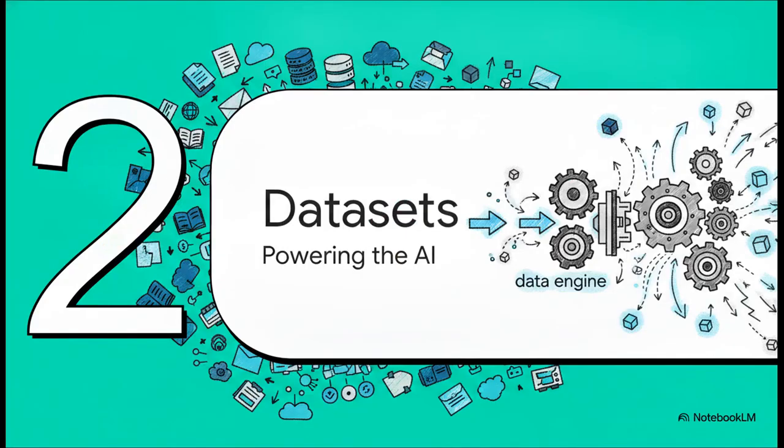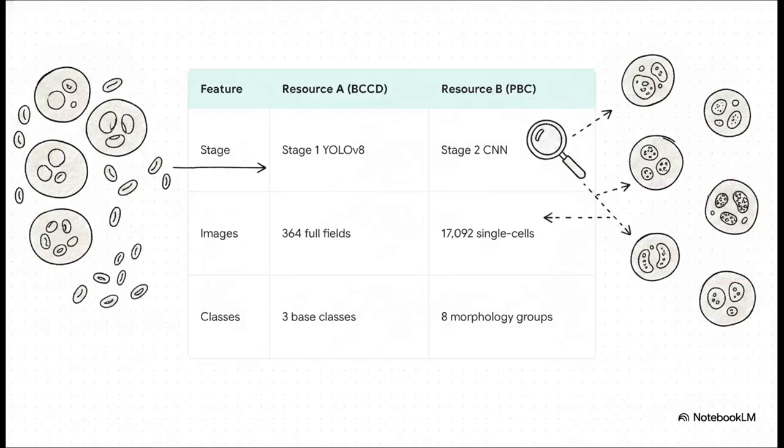Moving right along to Section 2, powering the AI with datasets. Your evaluators are going to want to know exactly what's under the hood, so lay it out clearly. You aren't just blindly throwing data at a single model here. You've got Resource A, the BCCD dataset, which has 364 complete digital blood smear fields. That is used specifically to train your Stage 1 YOLO V8 localization network to find white blood cells, red blood